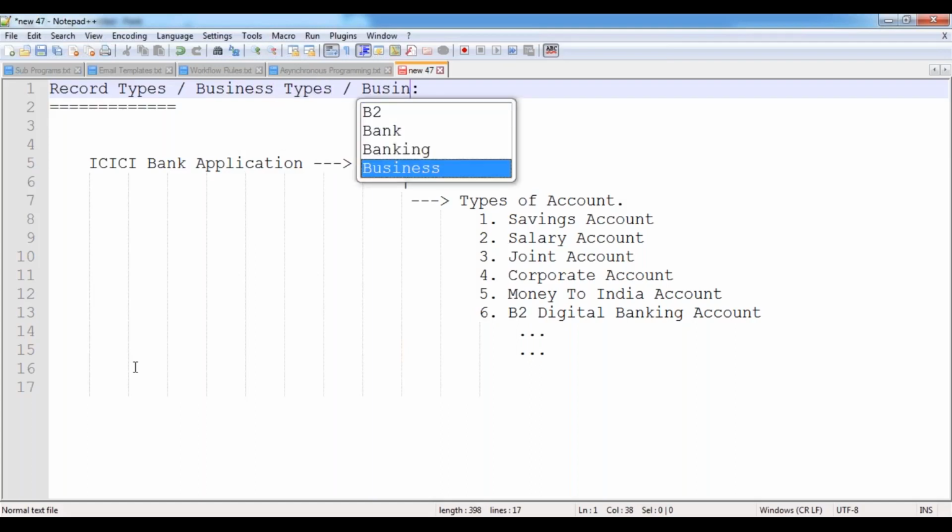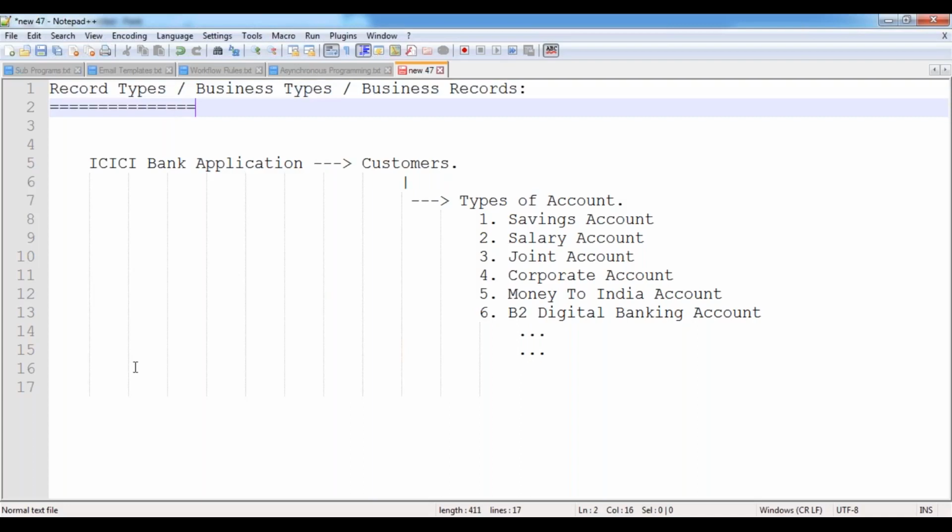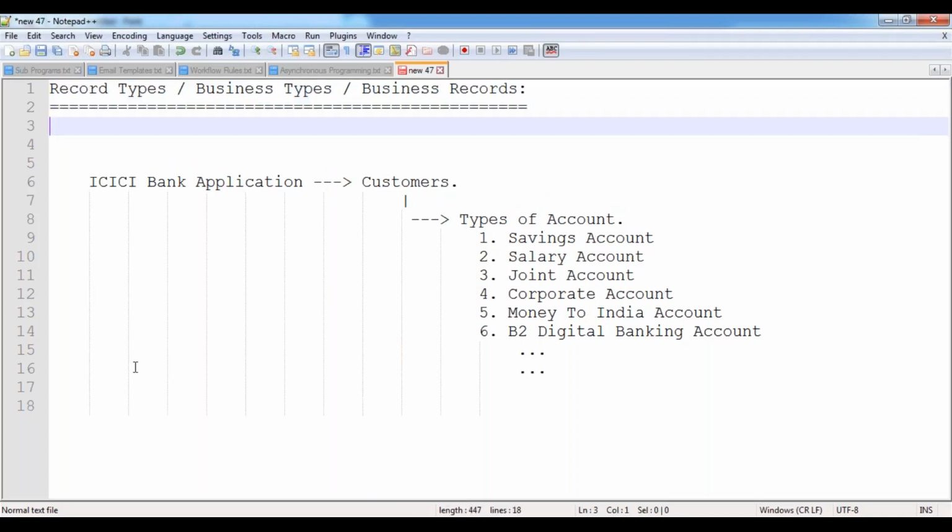These are also called business records. Now, what exactly is the record types feature over here? Let's see. By using this feature,